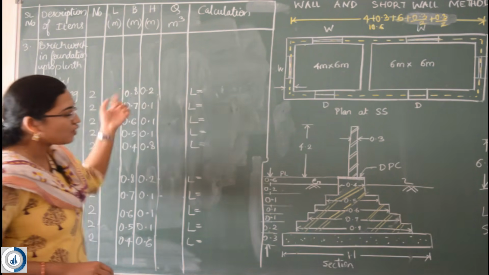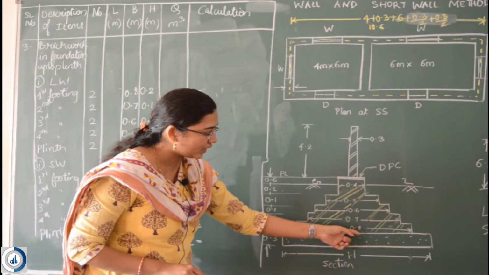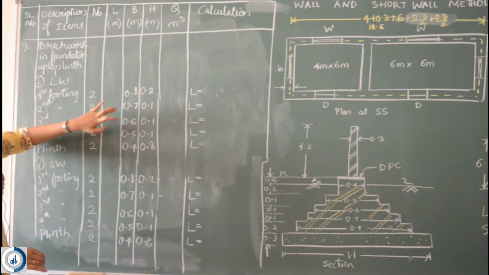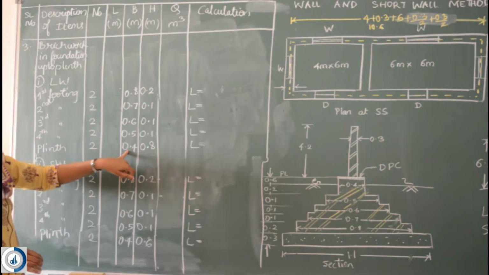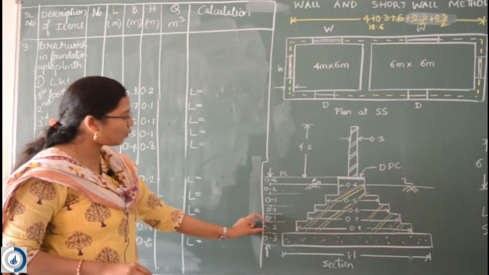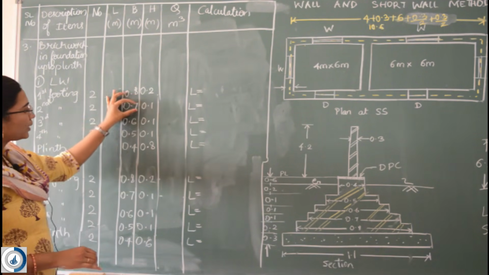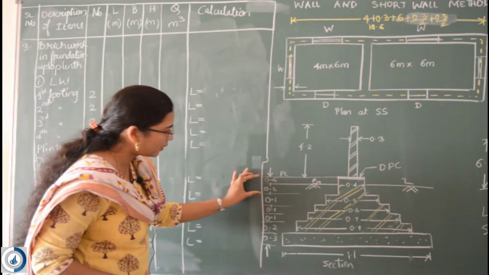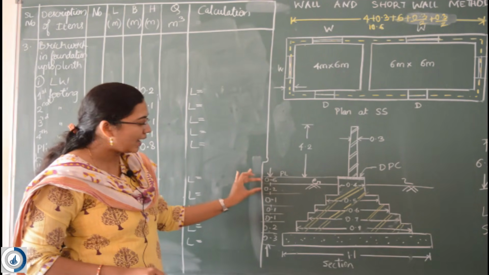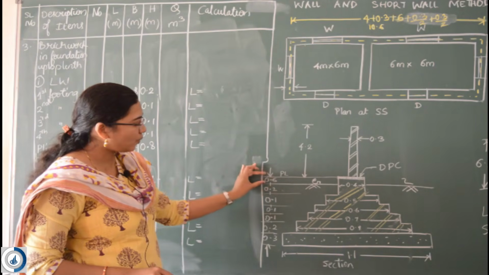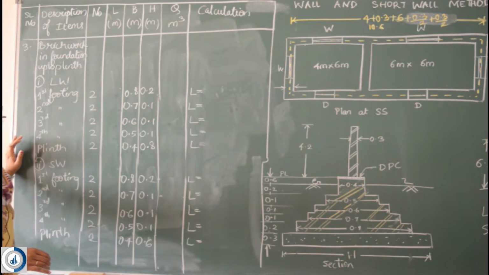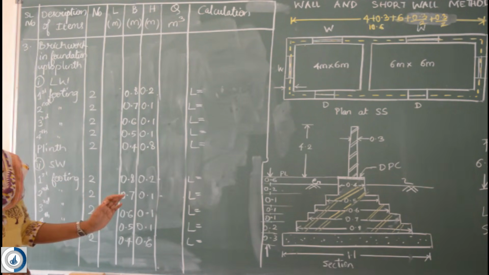So the widths for the first step is 0.8, 0.7, 0.6, 0.5 and 0.4, which is already written here. For the plinth, the width is given as 0.4. Then the height of each step. The first height of the step is 0.2. So it is 0.2 here, 0.1, 0.1 and 0.1. Lastly, over here, the plinth portion, from the plinth to the ground level it is 0.6 and below that is given as 0.2. So 0.6 plus 0.2 is 0.8. Considering all these, we need to calculate the long wall distances and the short wall distances.